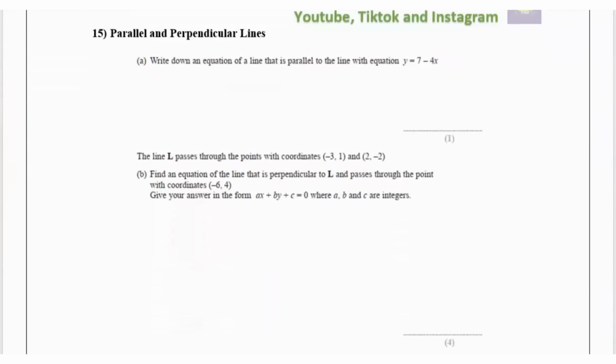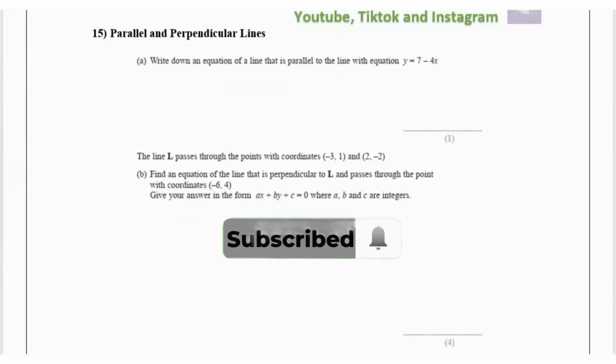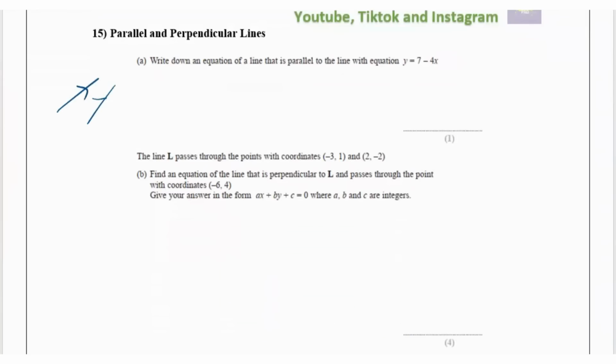Then it says write down an equation of a line that is parallel to the line with equation y equals 7 minus 4x. So if two lines are parallel, that means the gradient of the first line equals the gradient of the line it's parallel to. So if this line has an equation y equals 7 minus 4x, first rearrange it and write it as negative 4x plus 7,